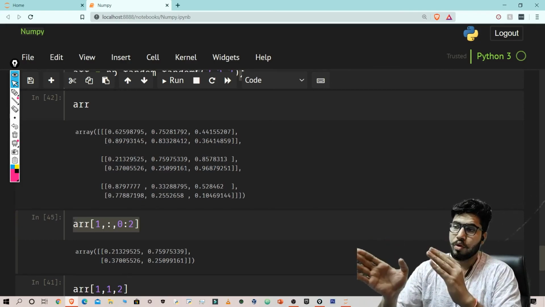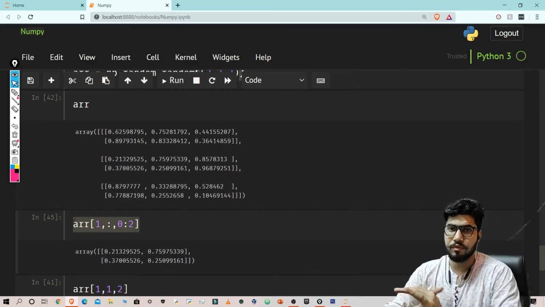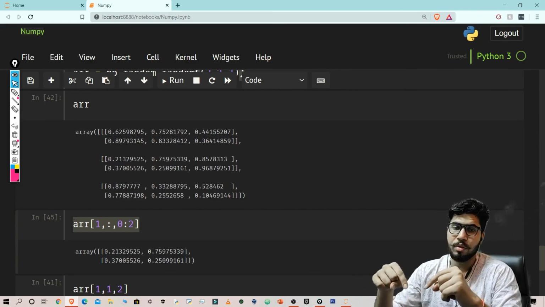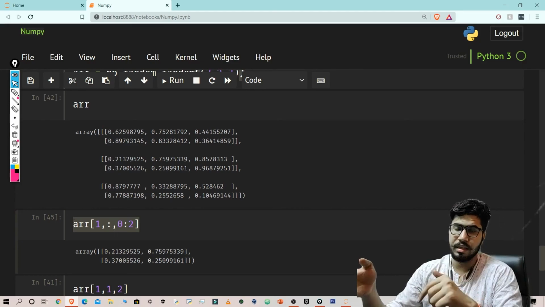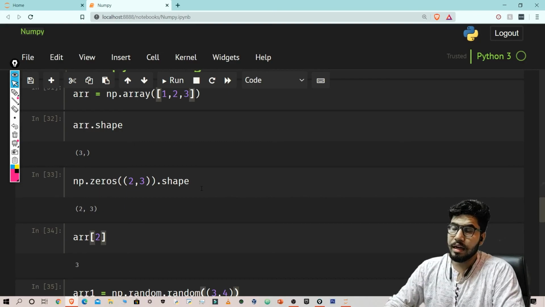Again, if you don't know how to use this slicing, then you can just go and watch my list videos, and the link to the playlist of the Python tutorial is in the description, so you can find it from there. Although it was pretty easy, I felt the need to explain it to you guys, so I hope that it was helpful.